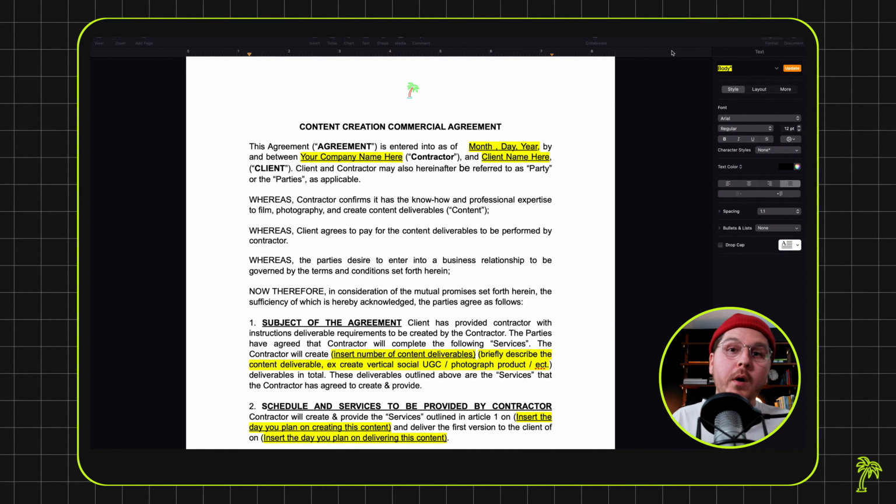In this video, I want to quickly walk you through how you can use our content creation commercial agreement. As you're creating content, working with brands, creating UGC content, I feel like in this day and age, that's a very common path as a filmmaker, videographer: to create content for brands. So we've specifically catered and curated this contract to be designed for the